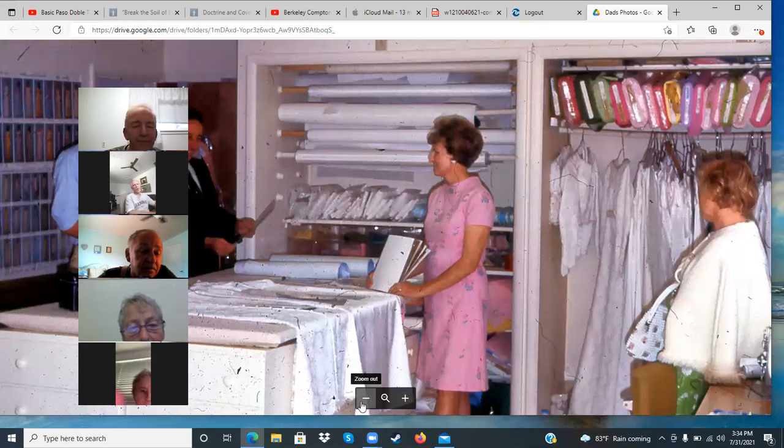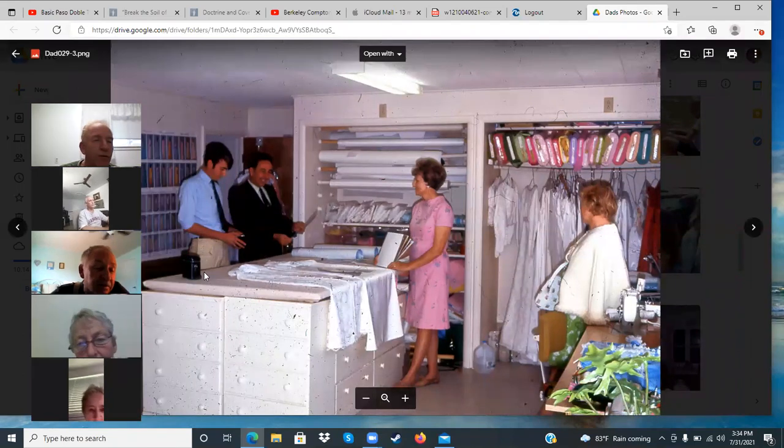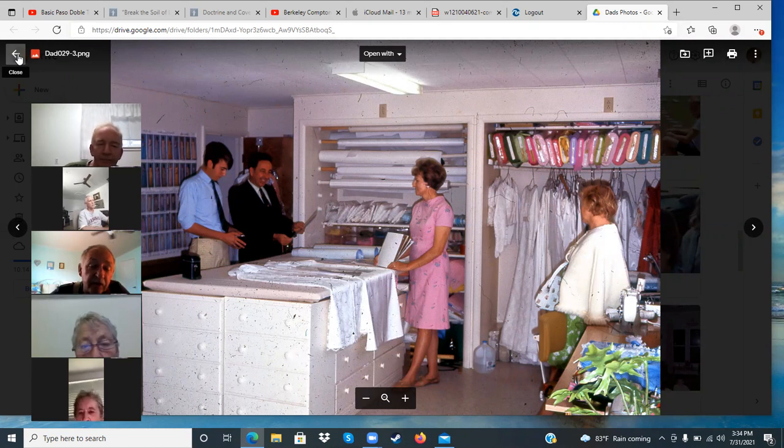All right, but all we have is that's Mary Compton and we don't know anybody else. Right. Is Dad there? Do we know the occasion? We're not talking about the occasion. What was the occasion here? No idea. It looks like it's in a fabric store. Those look like wedding dresses back there. Yeah, it looks like wedding dresses. It looks like somebody getting married.